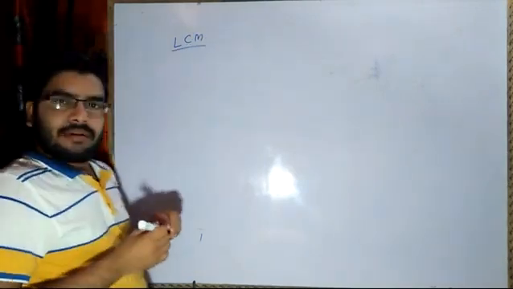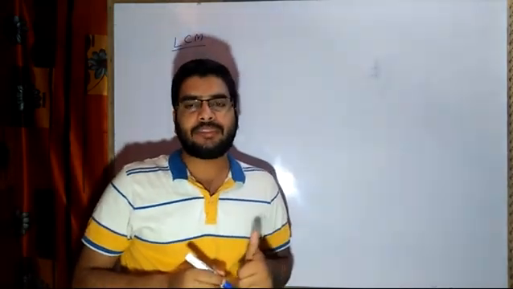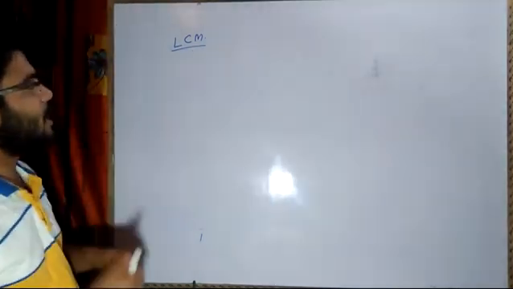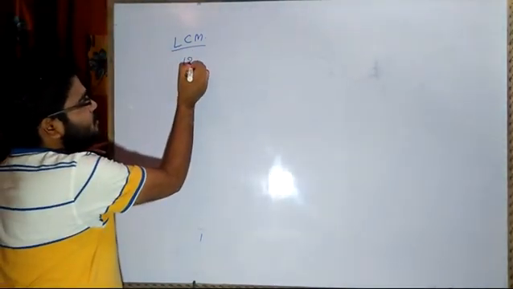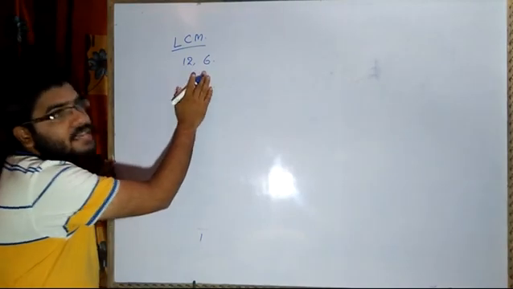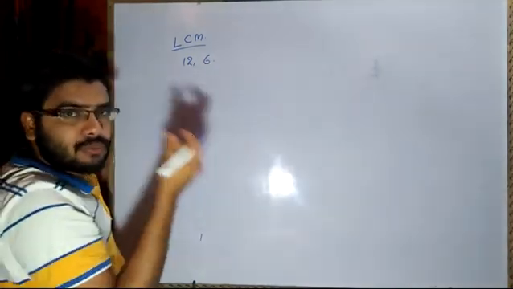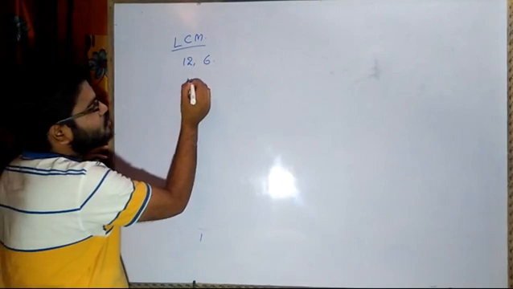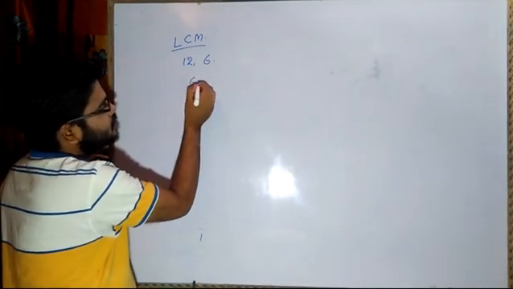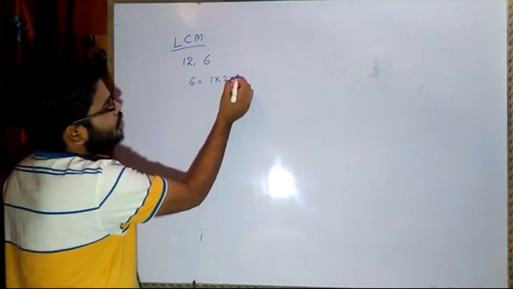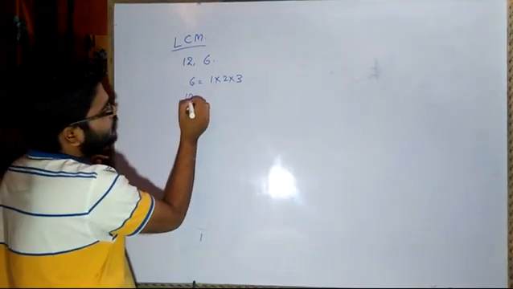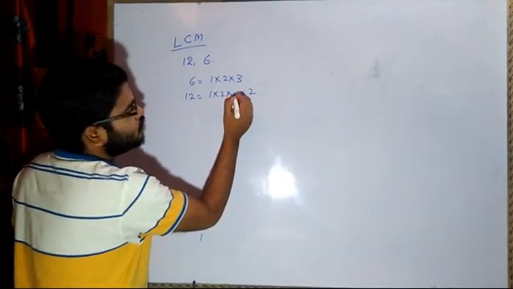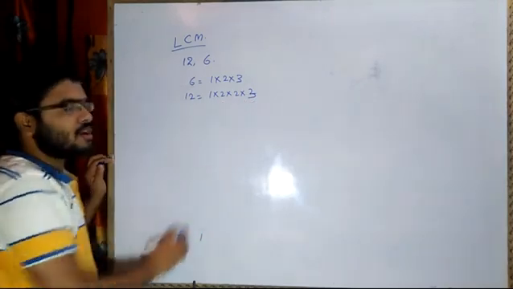So we have already seen multiples in the first exercise, first chapter, and then we have seen factors, which we have seen now as factor tree. Now we will be seeing multiples. Suppose I have one number as 12 and then 6. So what is the least multiple of this, the smallest number which will be a multiple of 12? For an example, we can use the prime factorization method. Like 6, we are having 1 into 2 into 3, that is 6. Now here I am having 12, 1 into 2 into 3 into 2, or you say 2 into 2 into 3, 3 2s are 6, 2 6s are 12.